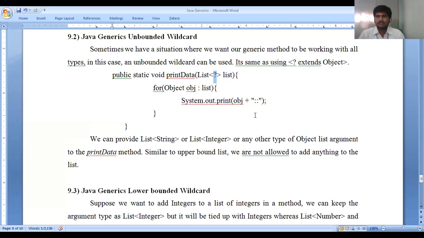For setting data and for adding data, you can definitely confirm the type. But for printing, we don't know what type of data it is going to be. So for this particular method, the wildcard is good. That is the use of it. Once we don't know the data type, we don't know the type T, then we can simply use a question mark.